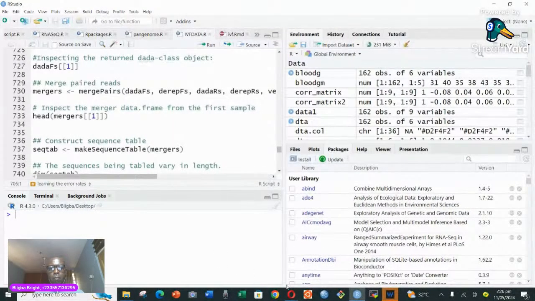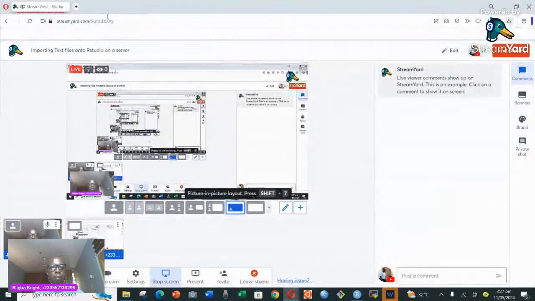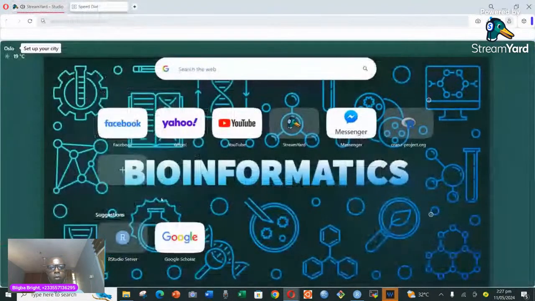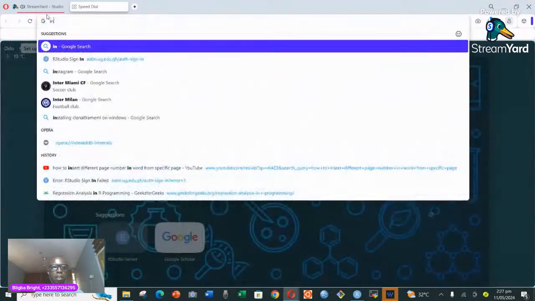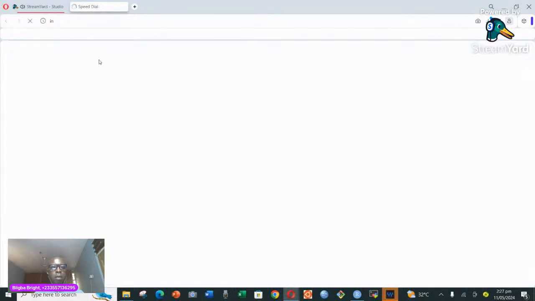So I'm going to come here and open a new link. As you can see, I already have the server address, and because I open it all the time, obviously speed dial will give it to me. So you can see the R server, the RStudio server, which is here. If not, I can also just start typing like this, and you see the RStudio sign in, which is also here. If I click on that,